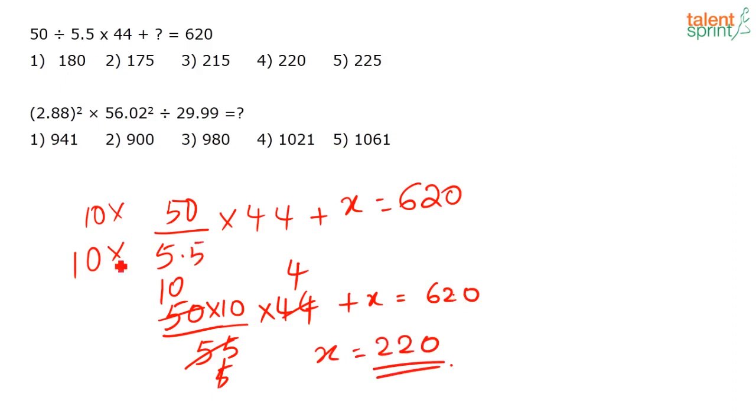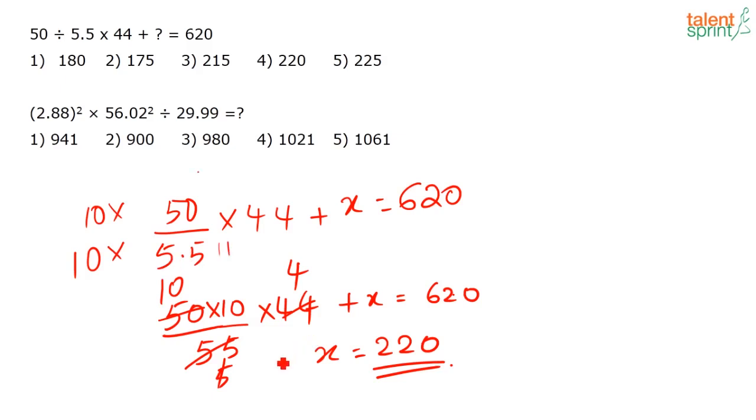So what did we do here? We tried to remove the decimal because that was the smart way of doing it. You can also divide 50 by 5.5, but unnecessarily there will be decimal points in the calculations which you can avoid. Here you should not go for approximations either, because if you approximate, you will get a 6 here. 5.5 you have to approximate as 6. Again, not the correct way to do it. So based on the question, we should decide how to solve it.